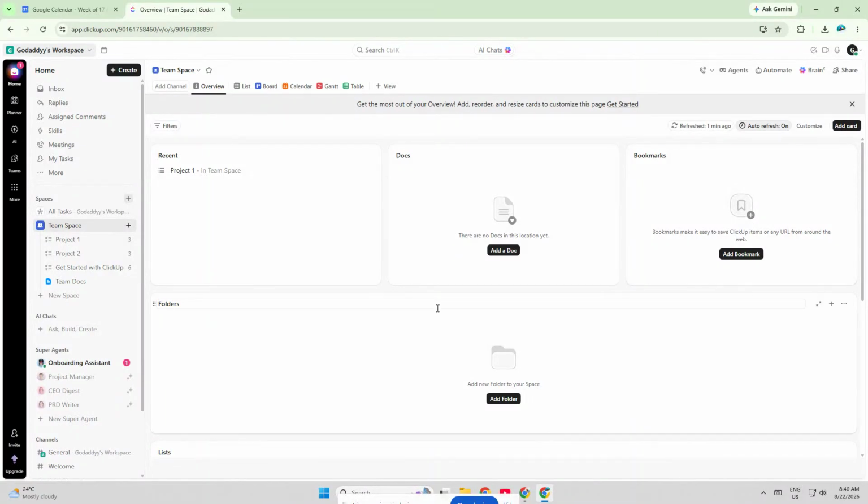Today, I'm going to show you how to connect Google Calendar with ClickUp in just a few simple steps. This is a super useful setup if you want to keep your tasks, deadlines, and schedule all in one place without constantly switching between apps. Once your Google Calendar is connected, you can manage your time more efficiently, stay organized, and make sure nothing slips